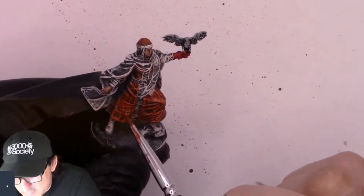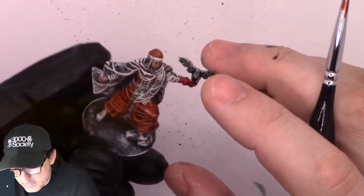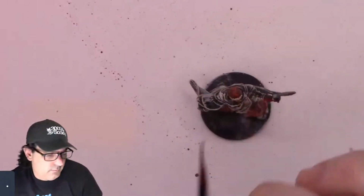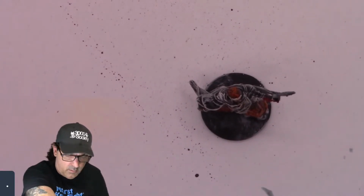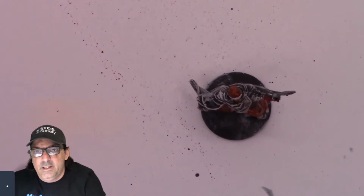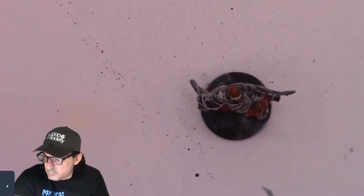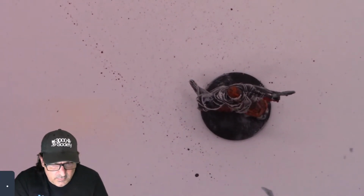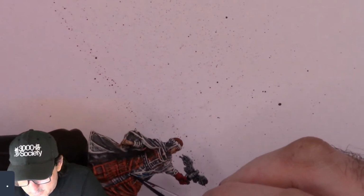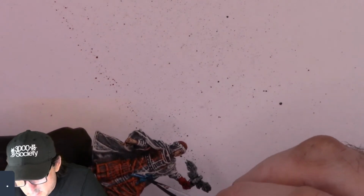Okay, I think that's the orange because this cape is definitely all blue. So yeah, let's go with our normal blue. All right, we're doing it, everybody. For a big bright blue, I use Talisar blue. It's kind of a cartoony color if it's not used the right way, but it's really the lightest blue that I have, and it really ends up looking good